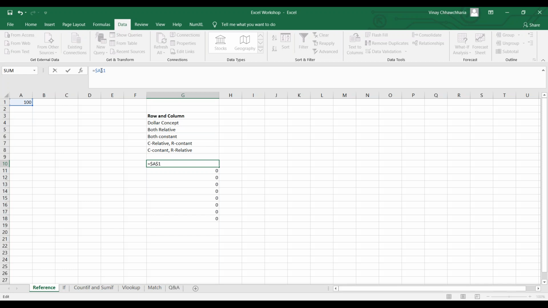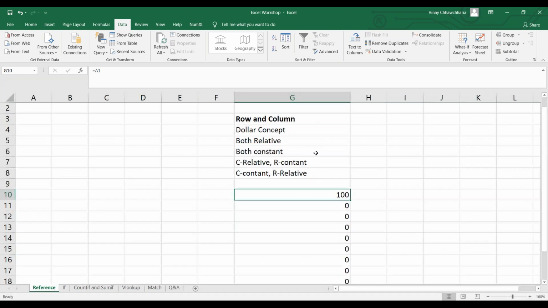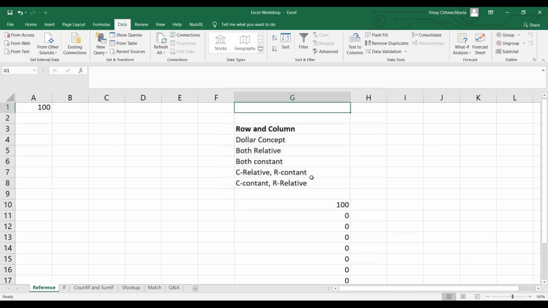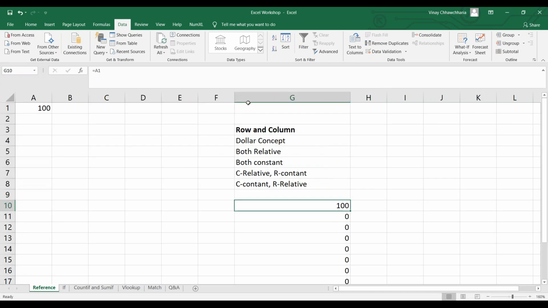I'm just doing a Control Z twice. Now to put dollars, there is a shortcut. You can make a note of this shortcut. It is the F4 key, but you have to press F4 when you are in the cell.